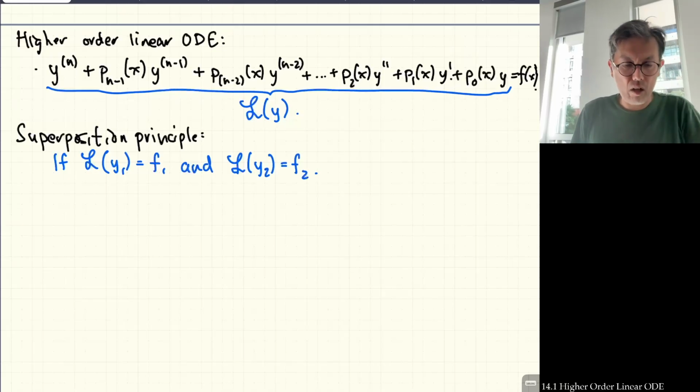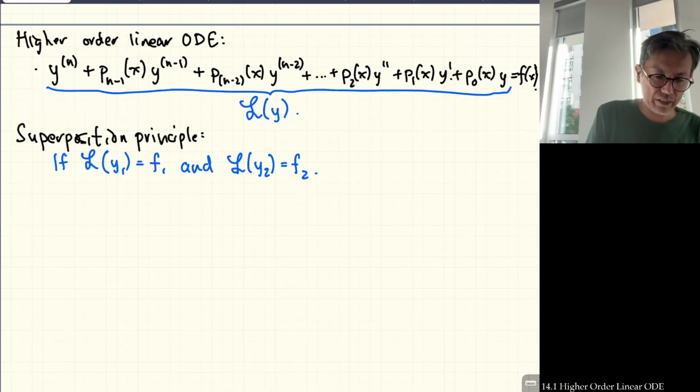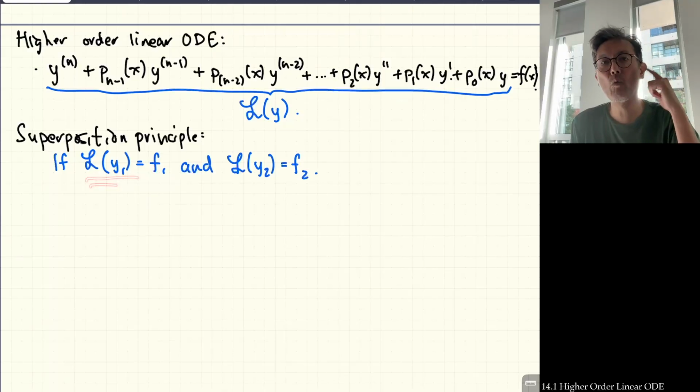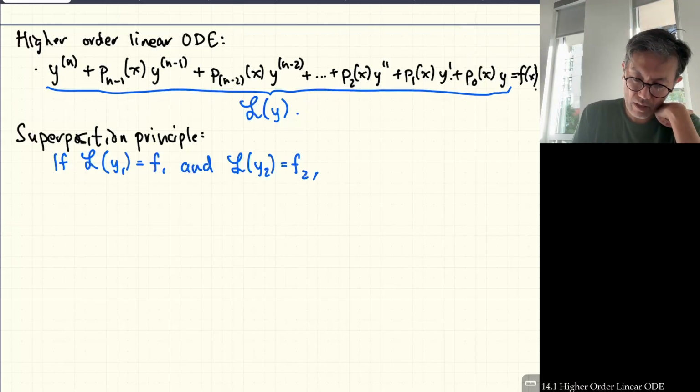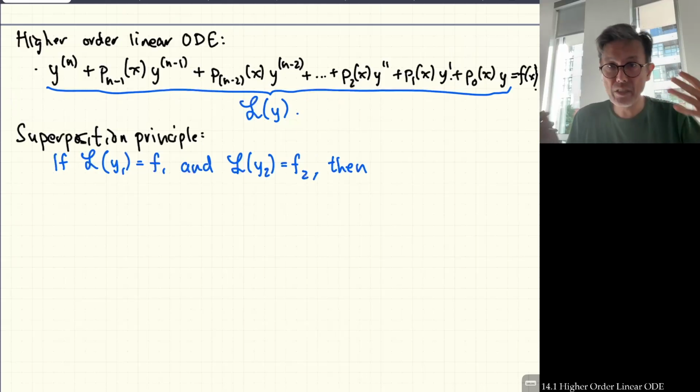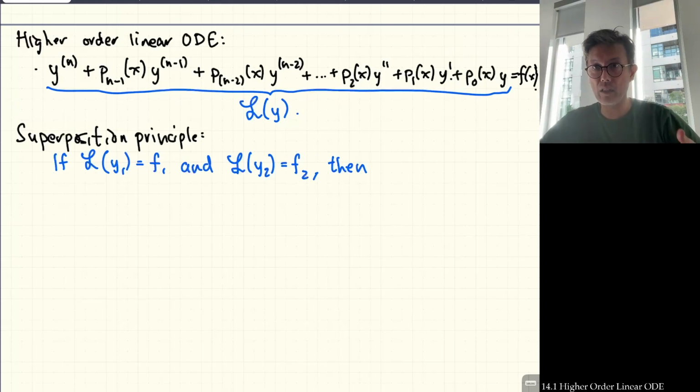So don't be freaked out. All I'm doing, when I write something like this, is taking y1 and shoving it into this crazy expression here for y. Okay? So if we have this, then under the situation where we're talking about an L like the one above,